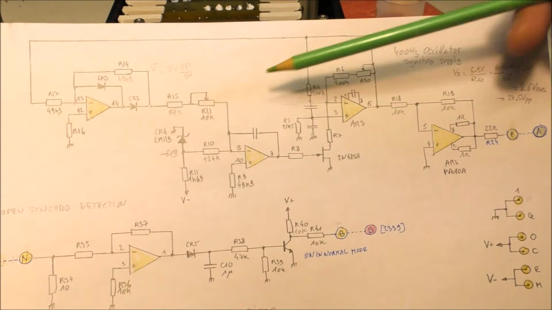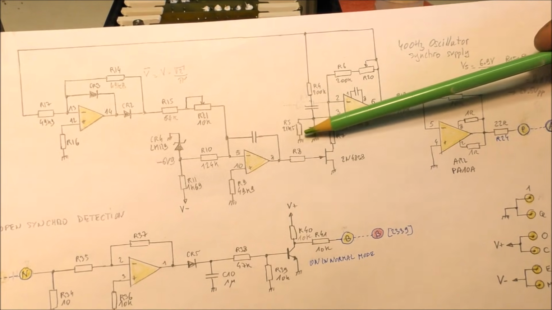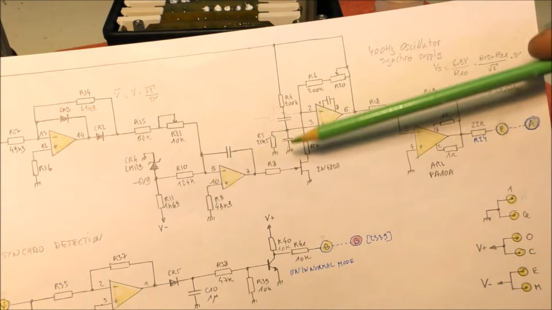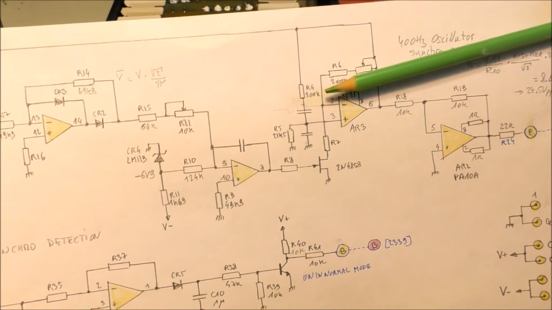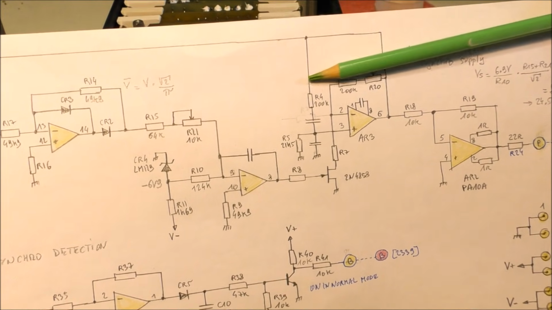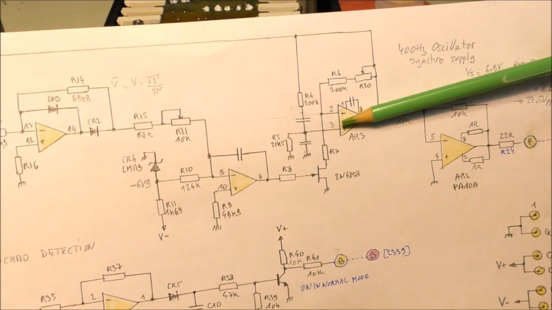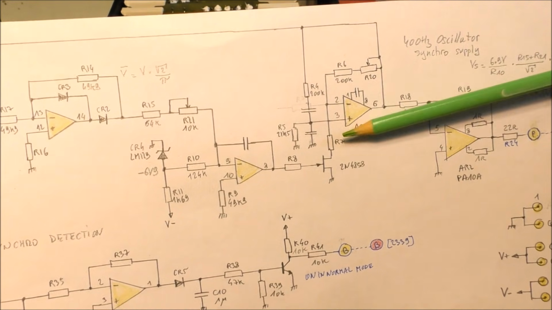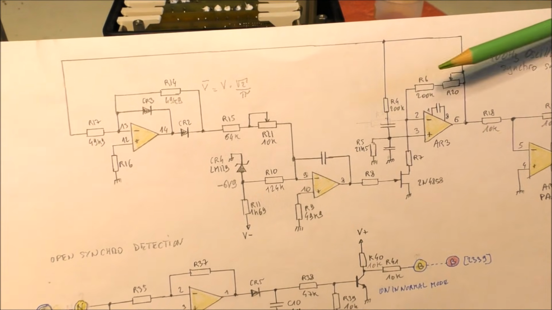We can see here the oscillator. We can recognize here the two RC networks for the bridge, and we have here the amplifier. The output of this amplifier is connected to the input here, and the output here is connected to the input of the amplifier. So the gain is controlled. The oscillation is controlled by the rectification of this voltage.